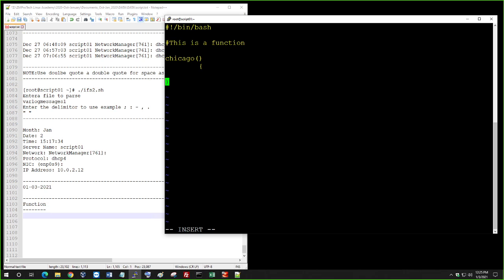Okay, in between these two curly brackets, whatever you put in here, you have to put in commands or whatever you want as a chunk of code, it will go in here. So for now I'm going to just put some commands here: who, uptime, df -h, pwd, hostname. And if I save and exit and run the function,